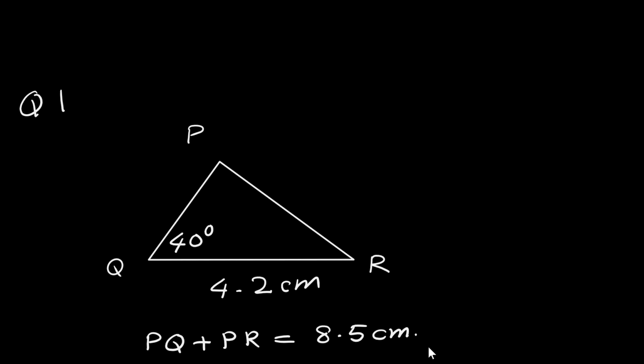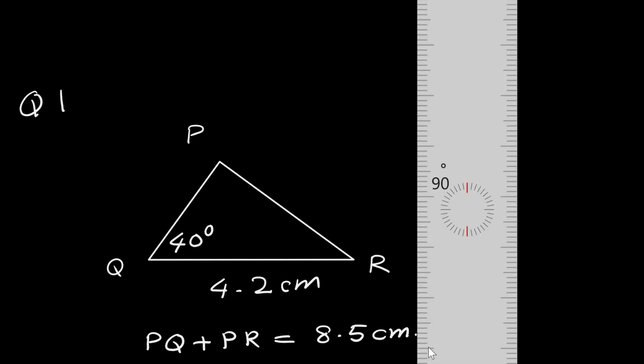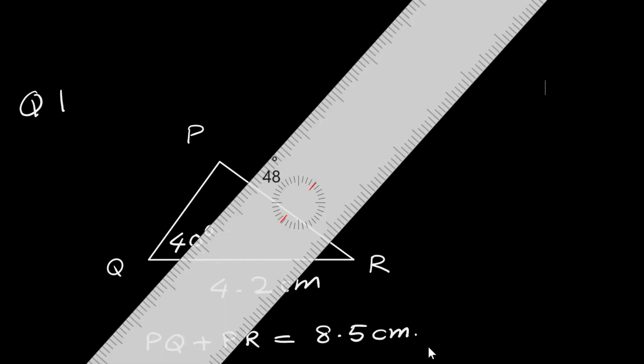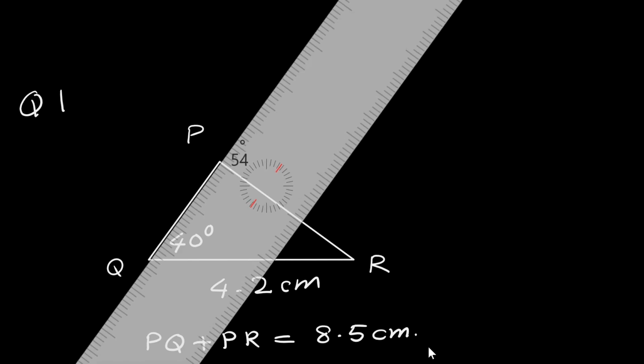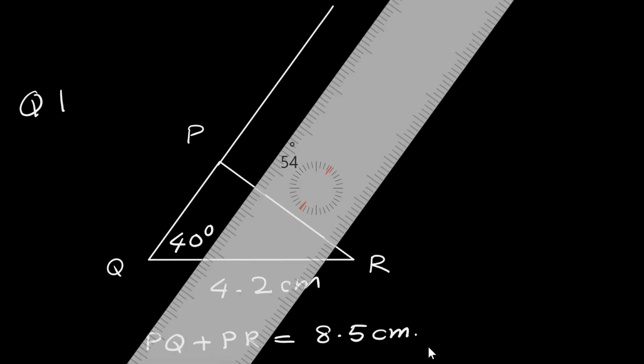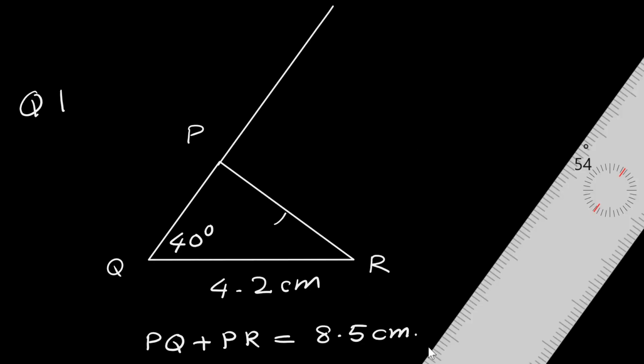So now PQ plus PR is equal to 8.5. This information is given. Now geometrically we can add two segments when they have one point in common and the endpoints are collinear. So rotate segment PR such that Q, P and R are collinear. So instead of rotating the segment, we will take one point, say S,